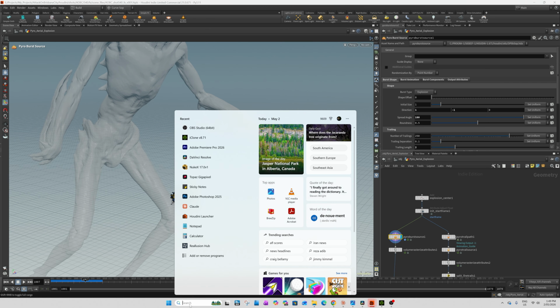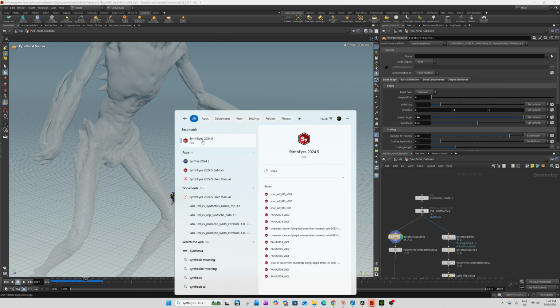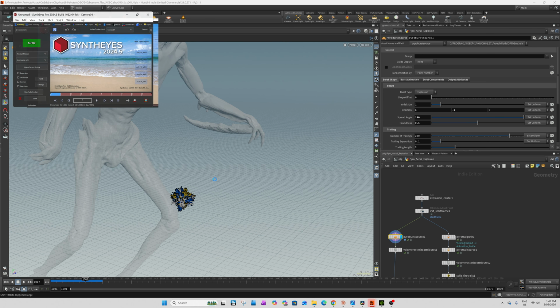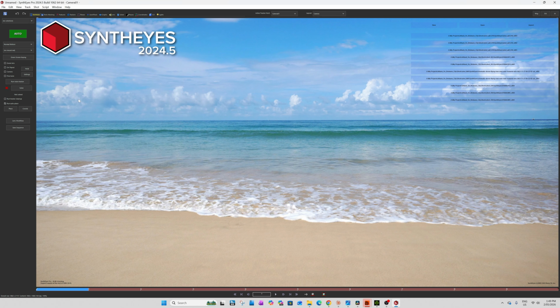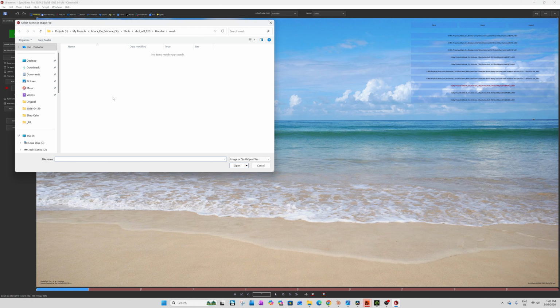The other thing is, of course, every single shot, and there's over 100, had to be camera tracked, which I could do a whole little tutorial on.